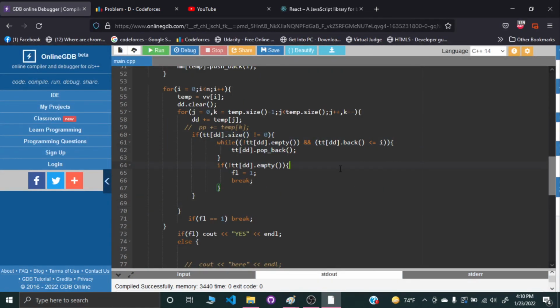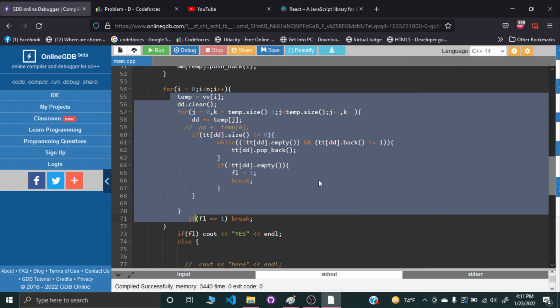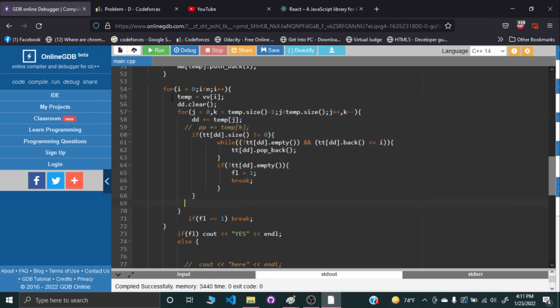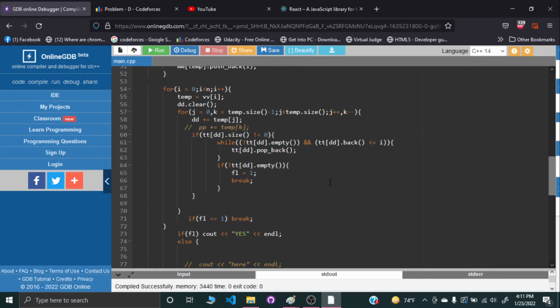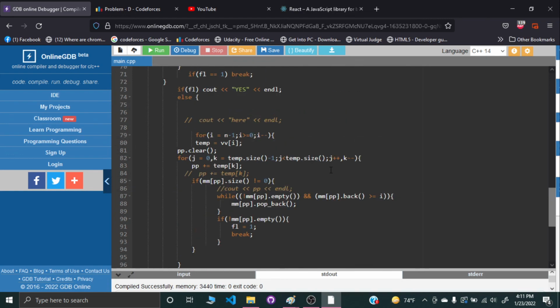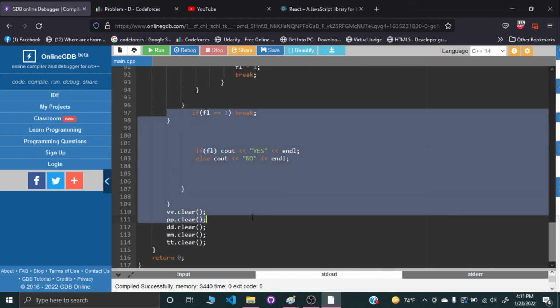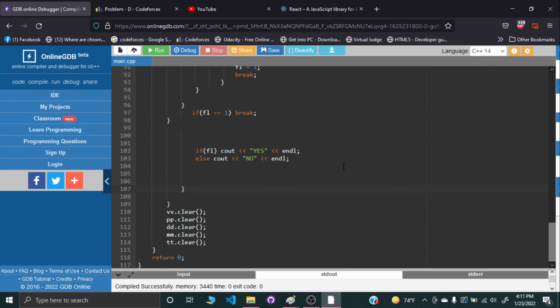If it does appear, then I have to check with the index, because we also need to care about the subsequences. So I hope you get what I'm trying to make you understand. As I've told you, the code is really messy, but you could implement it in a much more convenient and easy way. This was for the second and this was for the third, I guess. And yeah, I hope you understand. I hope I did make you understand.